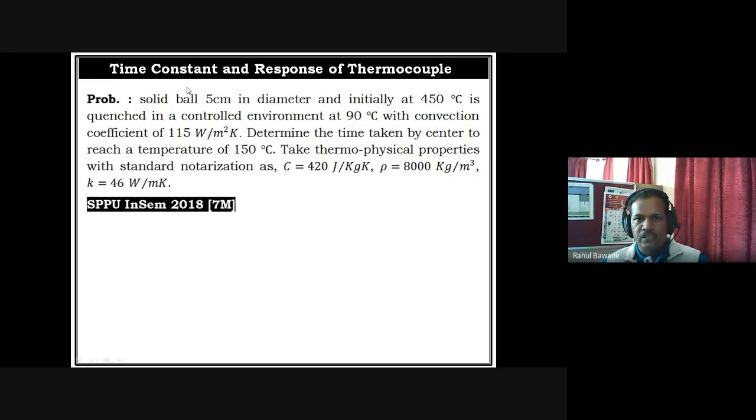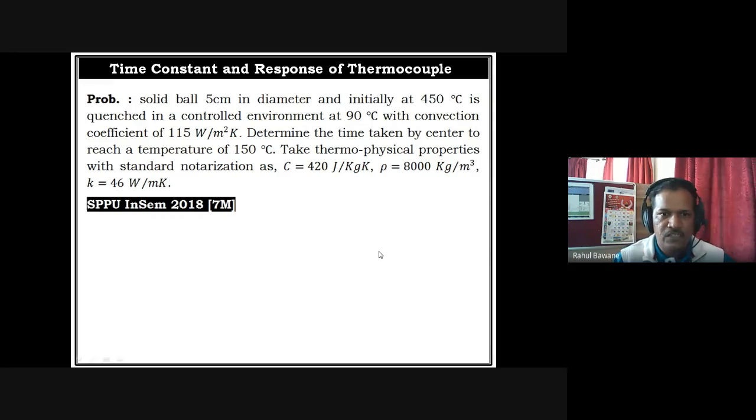So we will use the basic temperature distribution equation in lump heat capacity analysis. But remember friends, in both numericals, first we have to prove that this problem can be assessed under this category only, and to prove this we have to check the Biot number. So whenever such a kind of problem is asked in the third unit, the first step will always be to check the Biot number, and after that go for the final answer.